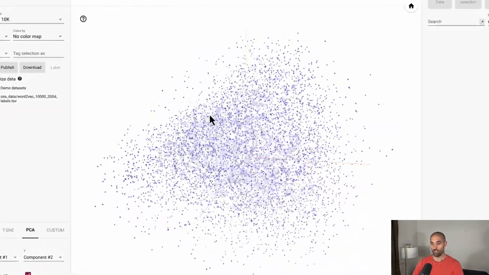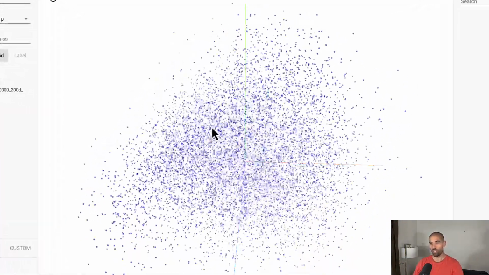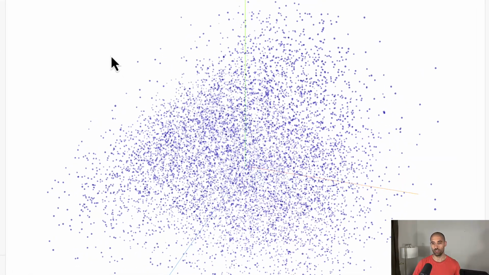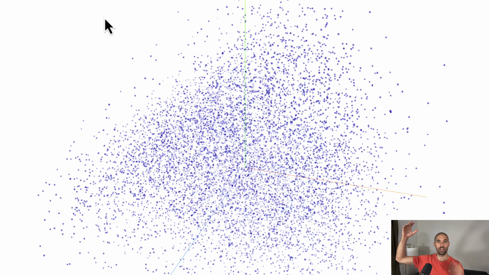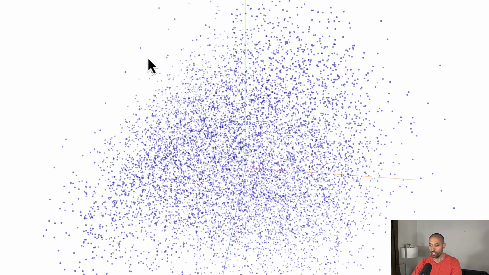Of course, this is a 3-dimensional visualization. So what's happening here is those 200-dimensional vectors are getting down projected, I think is the technical term. Excuse me if I'm incorrect. They're getting down projected into 3 dimensions. The way I think about this is it's sort of like how a cube can get projected into 2D as a square, or a hypercube can get projected into 3D as a cube. But anyhow,